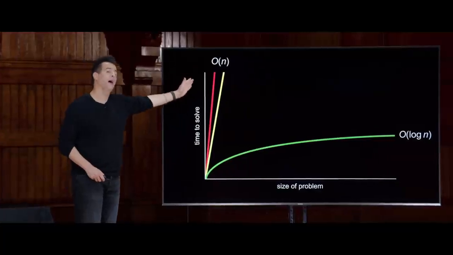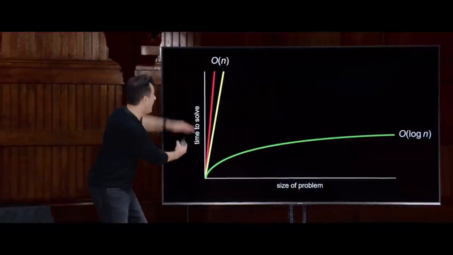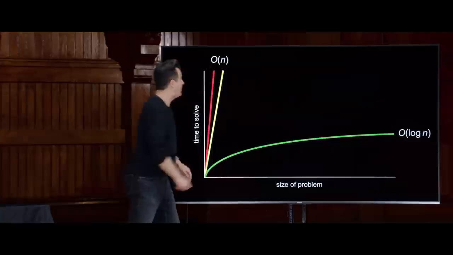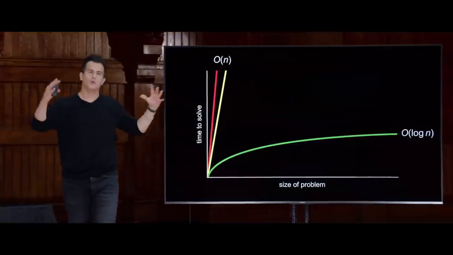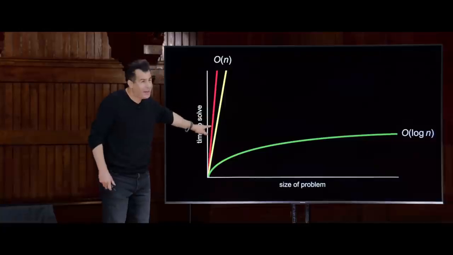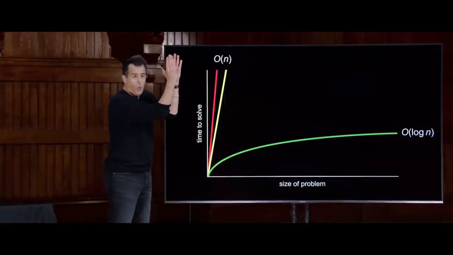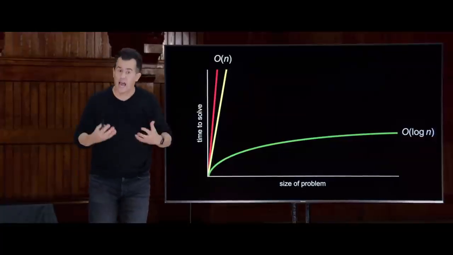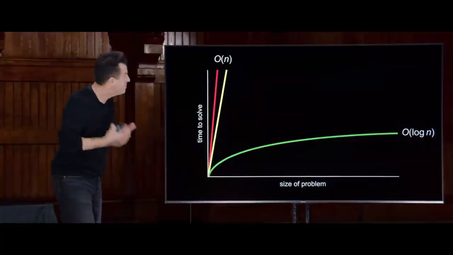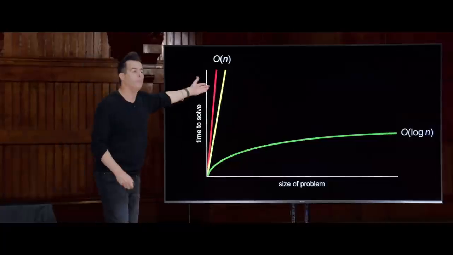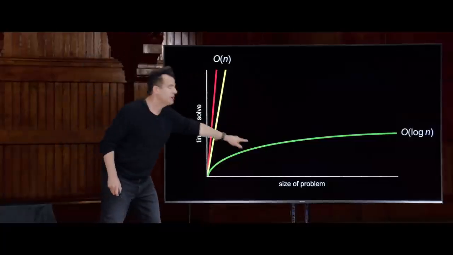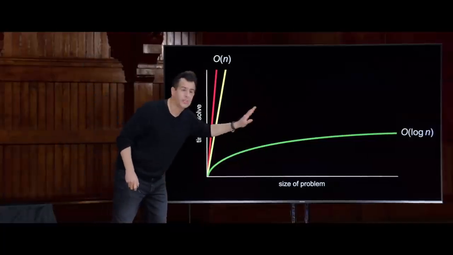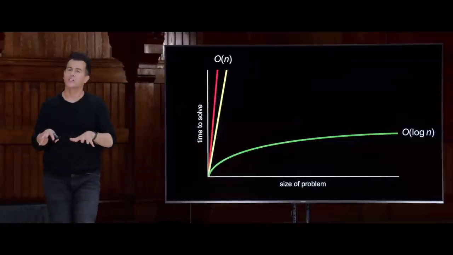And in fact, if you zoom out in your mind's eye and assume that the y-axis is bigger and the x-axis is bigger, if you keep zooming out, zooming out, zooming out, these two lines are actually going to pretty much look the same once you've zoomed out far enough. And that's what I mean by they're essentially themselves algorithmically the same. As n gets big, big, big, big, these might as well be the same algorithms. But this one is clearly not. And we claimed in week 0 that this one was better. I claim again today that this one is better.